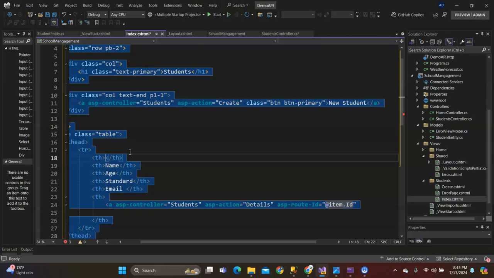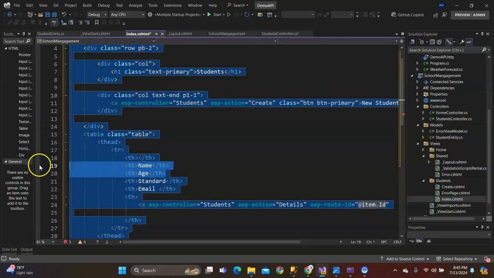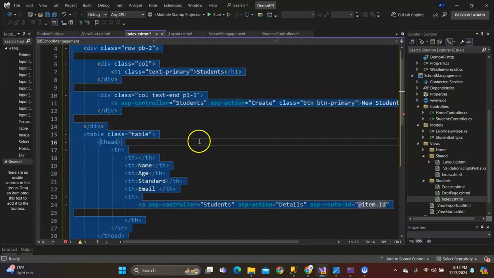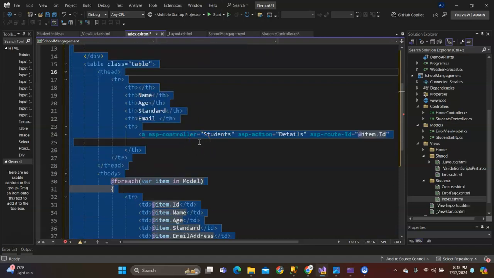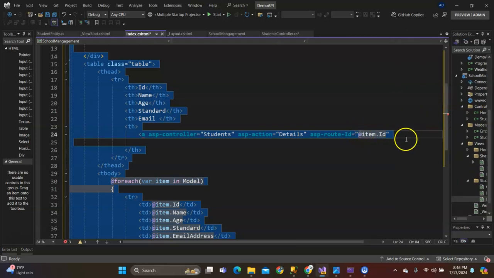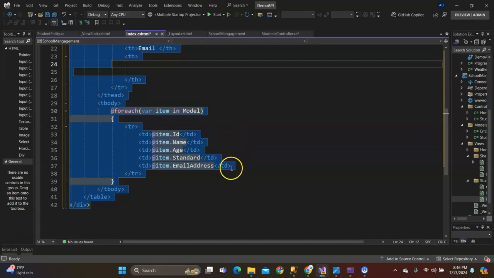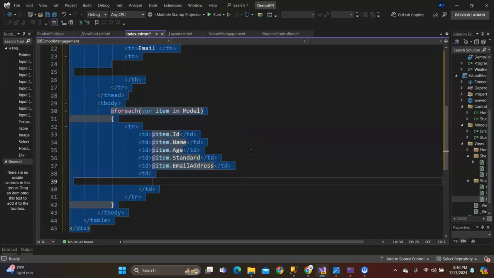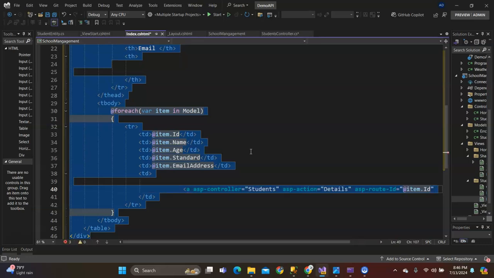Oh, sorry, I'm so sorry. I have written the code in the wrong place. This is my error. I'm just going to cut this and paste it over here. Okay, so now